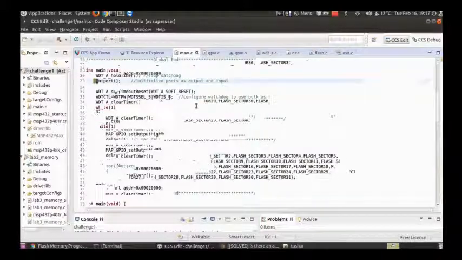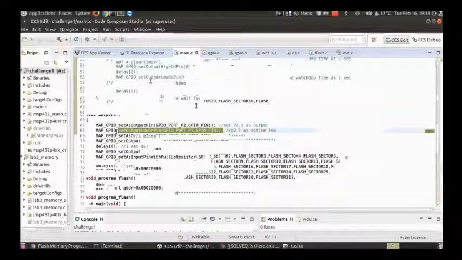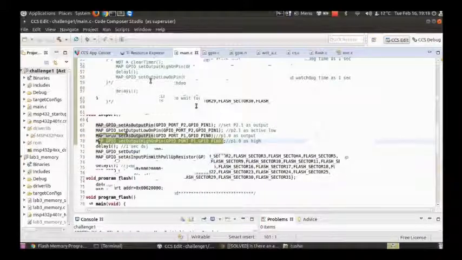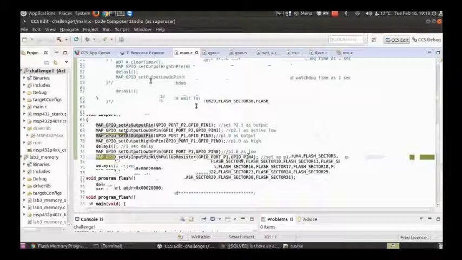The initializing port statement sets pin P2.1, which is the green LED, as the output port, and then drives it low. We also make P1.0 an output port and drive it high for 1 second, and then make it low for another second, and then we set a switch at P1.4 as the input with pull-up resistors. So as soon as the program starts, it does all these initializations, and the red LED will glow for a second.